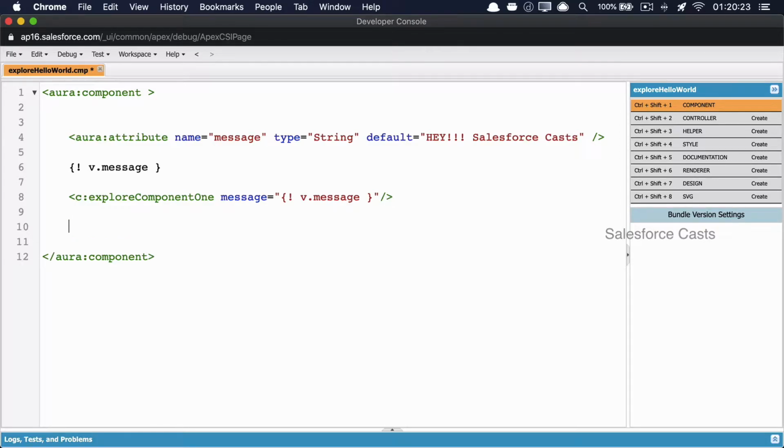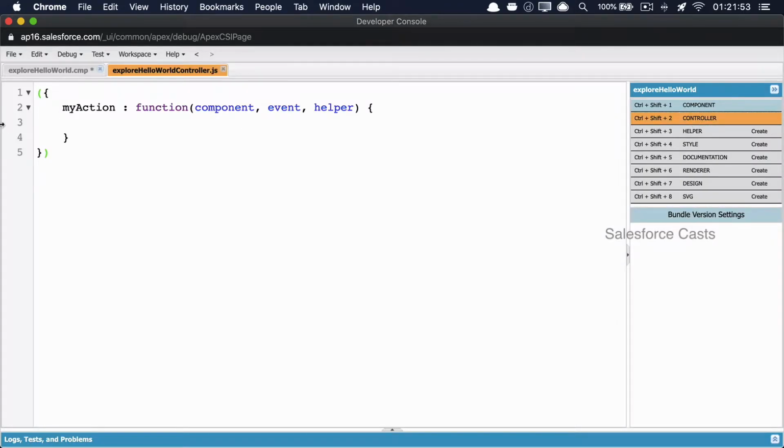For that, I'm going to use a new tag altogether, which is called lightning button, and the next attribute is going to be label, and here the label is going to be click me, and followed by that the next attribute is going to be something called onclick, and here the value is going to be the name of the function, let us say handleClick, and before that we need to add a value provider once again, which is c.handleClick, which means that we'll be invoking a method or a function, also called an action handler, in something called controller, which is nothing but this. So I'm going to copy this, come back here,